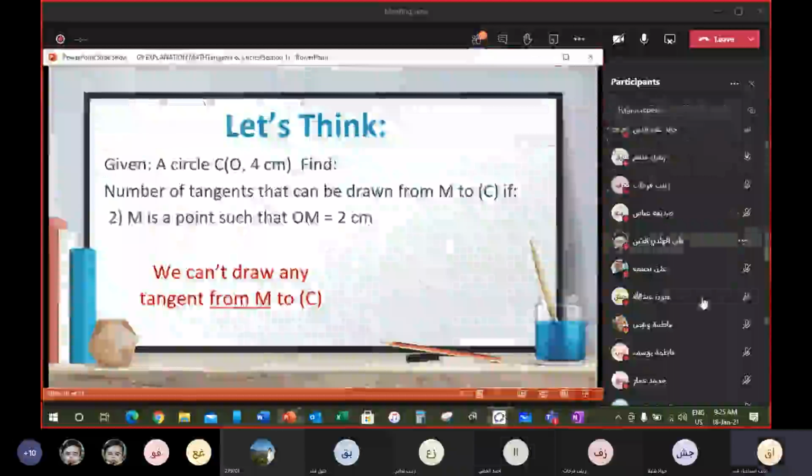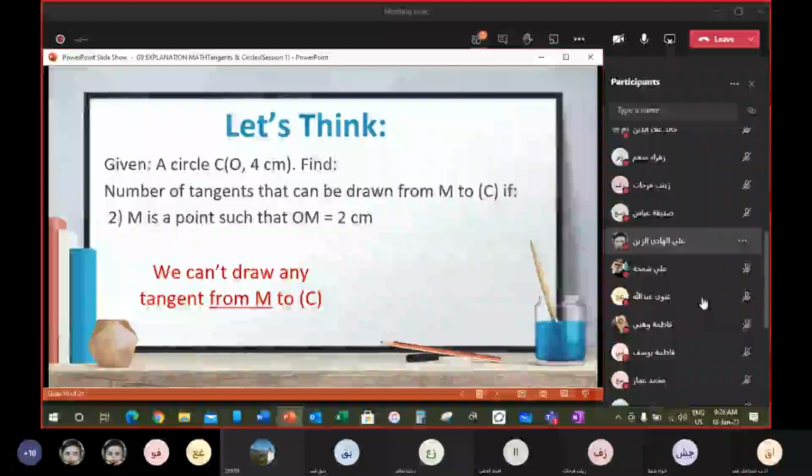Fatima Wehbe. Mohammad Ammar. Mohammad, I can't hear you because your voice keeps cutting out. Okay, Fatima Yousef. We can't draw any tangent. So if M is a point inside the circle, no tangent can be drawn through this